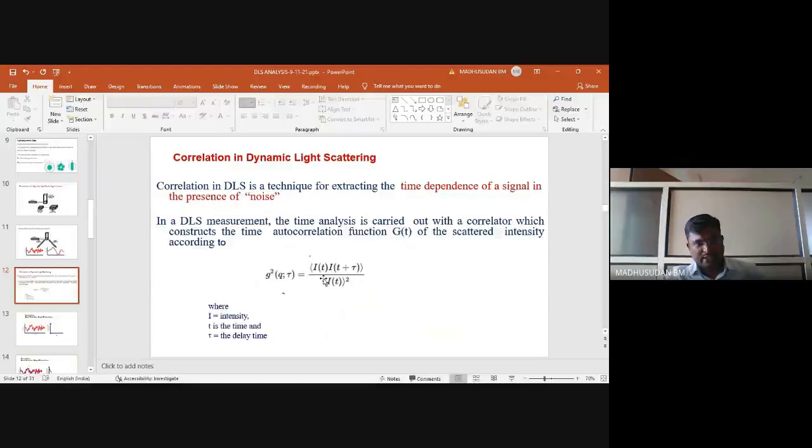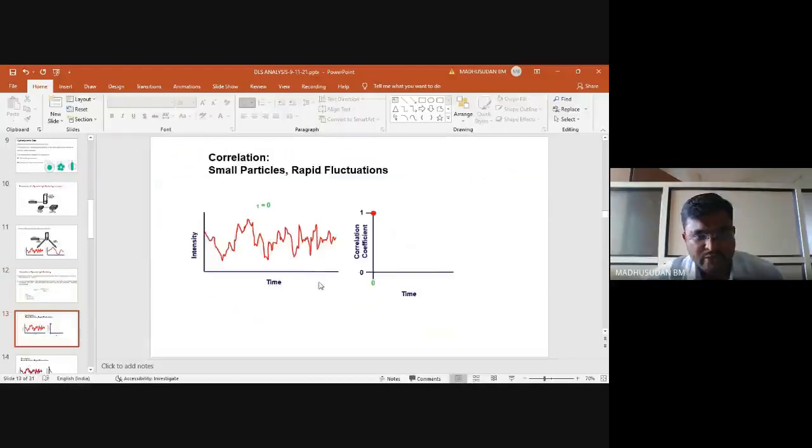And with the help of the correlation between these two, they are able to determine the particle size as a diameter. So here, for the time 0, generally the sample has to undergo some definite set of times, maybe 10 seconds, 20 seconds, 30 seconds, likewise. Before that, the sample has to be prepared by inserting the powder particles into the solvent. Again, that liquid sample has to be kept in the chamber. So for the time 0, tau we can consider as 0. The fluctuation may vary based on the time.